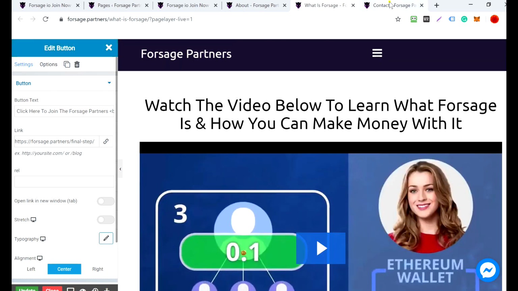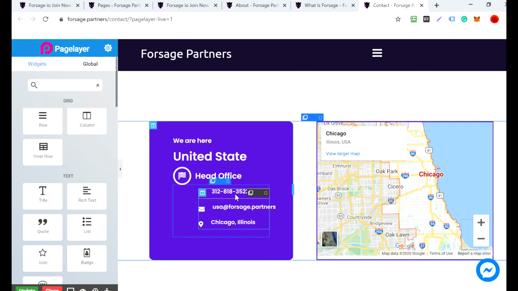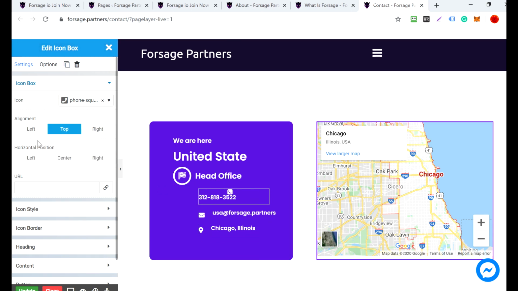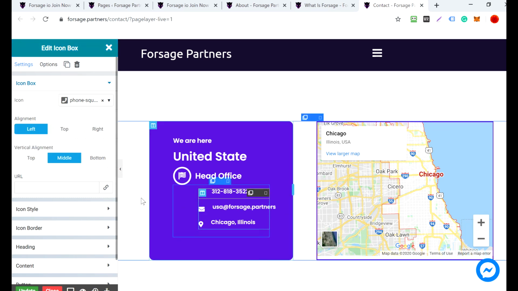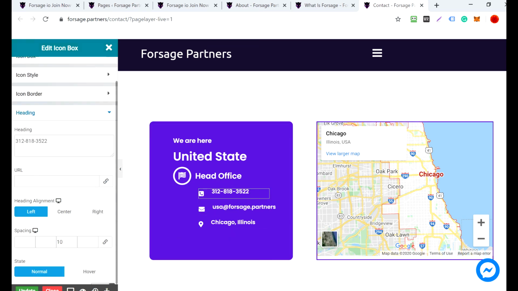And the second thing, like the contact page, I would suggest you to change the details here as well. Like you can just go here and make the changes with your country, your phone number, so your leads can get in touch with you. You can just make it go on the top. Like if you wanted to place this initial on the right, you can just move it to the right. If you wanted to make changes in the contact number, just go in the heading and you can change it from here. Same thing goes here, and you can just change the location and the details from here.